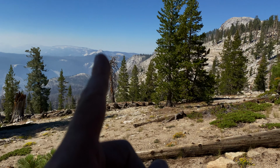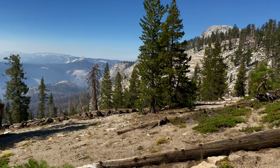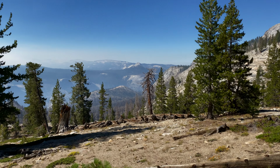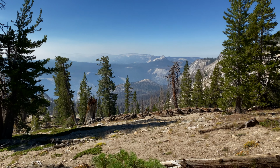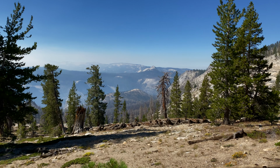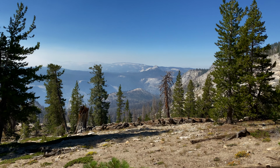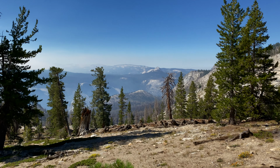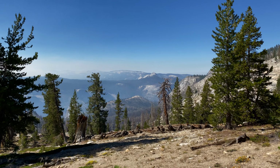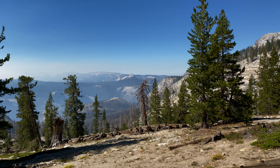Yeah, so that should be Half Dome. We're going up there to Clouds Rest. You can see the smoke coming. That's where the wind's blowing from, so I just hope I can get up there before the smoke really moves in. What a bummer. It's just my luck. I'll get up there and then just as the clouds waft over Half Dome into the valley. So